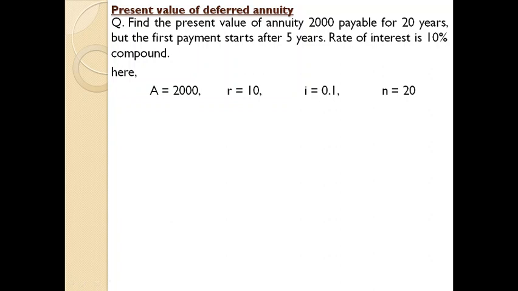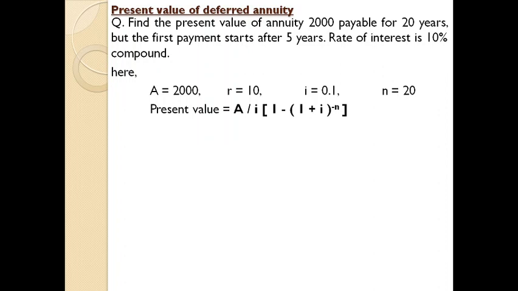So first of all, deal with how to find the present value of deferred annuity. Then we will deal with the next part. So as per the present value of deferred annuity, the equation will be A by i into 1 minus (1 plus i) raised to minus n. Here A by i, which we dealt with in the previous session, and this part mainly signifies how to find the present value in case of an annuity. So by combining these two equations, you will get the present value of deferred annuity case.